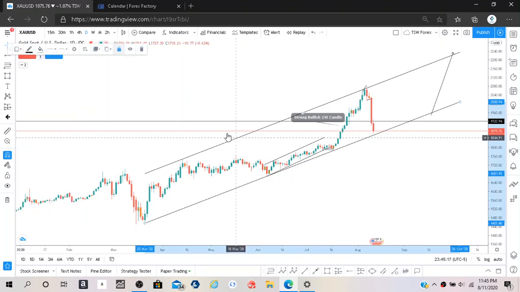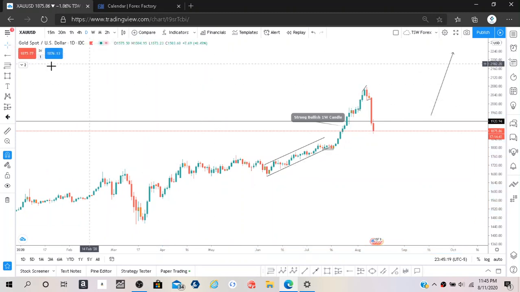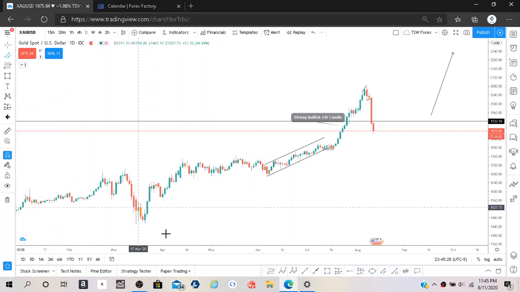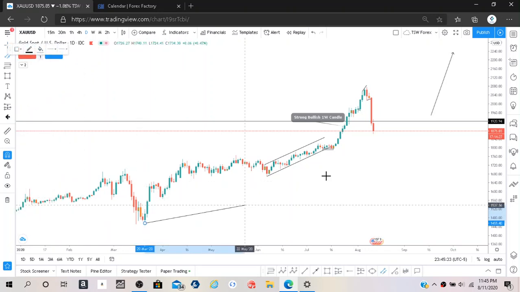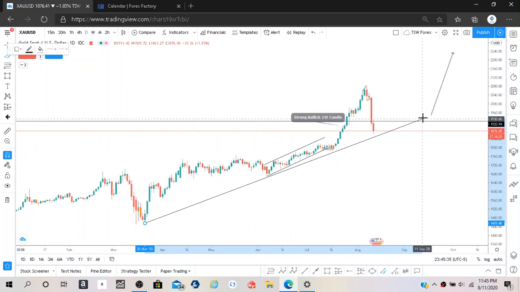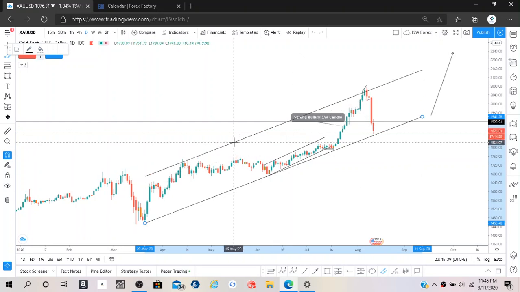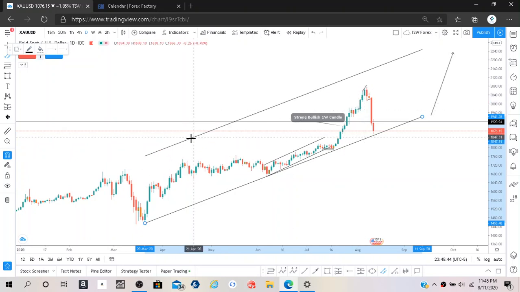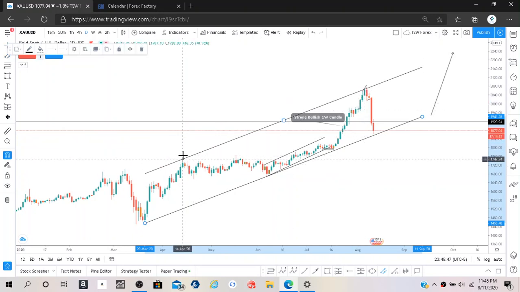So we're gonna just look at the structure of what gold is forming. We're assuming this is what is being respected because it seems plausible thus far. So we're gonna draw the structure for gold on the parallel channel, and we connect those lows right like that, and then you move your cursor to the previous high, which would have been this before this one is formed. This would have been the previous high. So we connect that, and we see that price was respecting this channel, went up to the resistance level, and